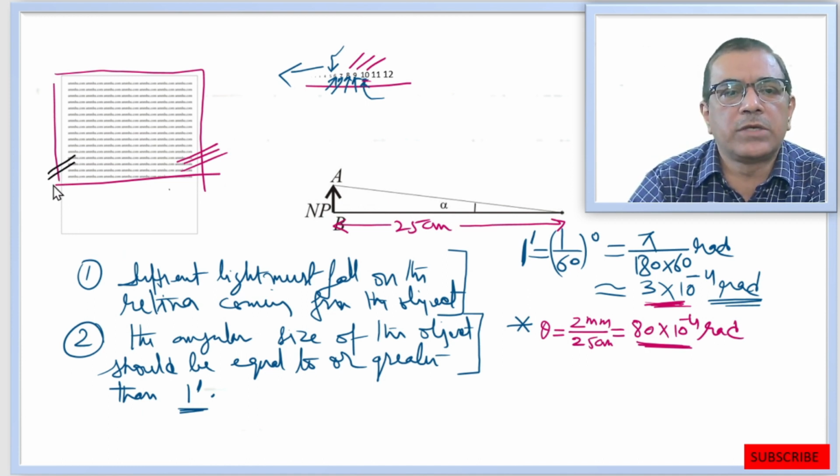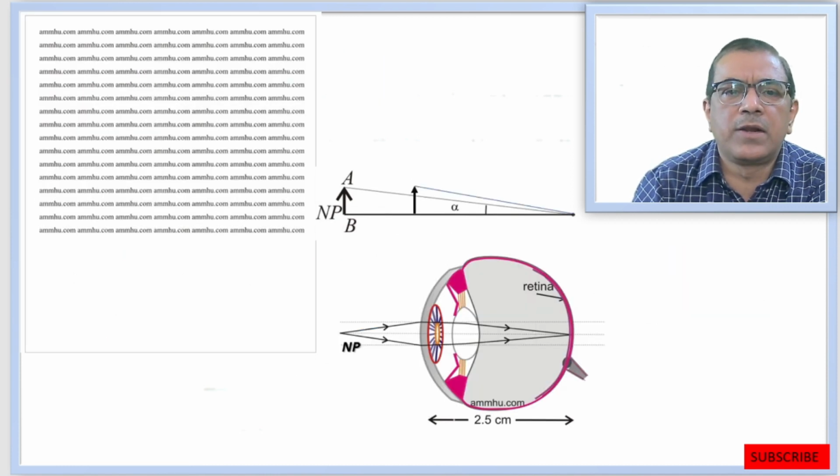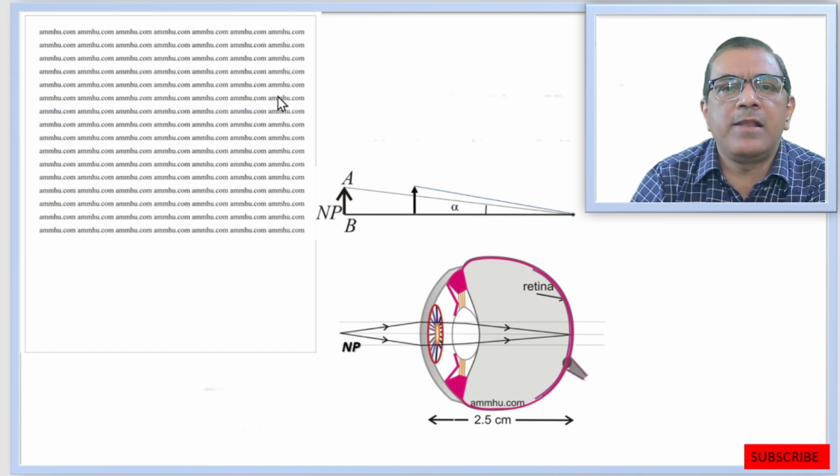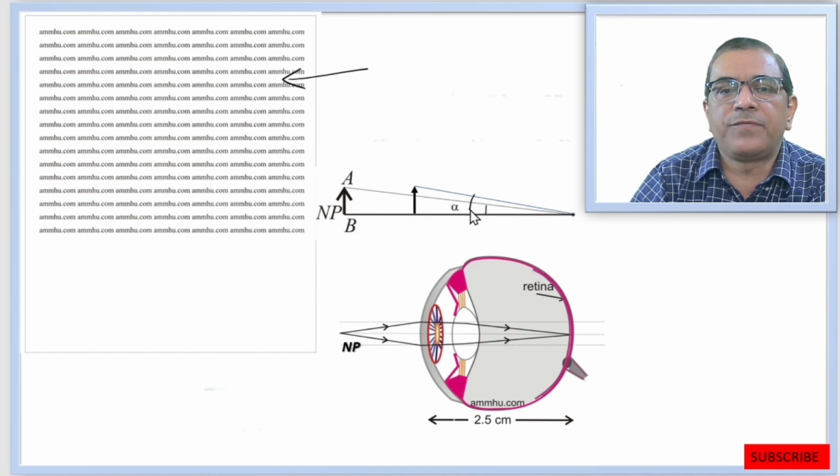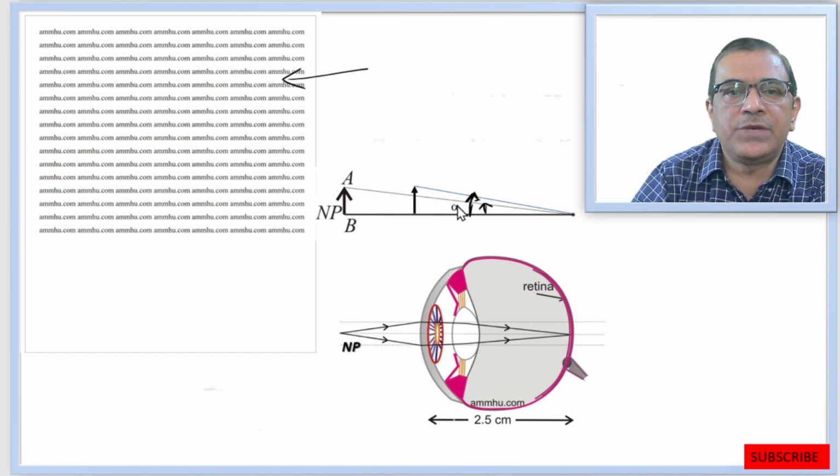You're holding this text box at 25 centimeter away from your eye and you're unable to read. Then what to do? Naturally, you bring it closer. Now, as you bring it closer, you find it a little easier to read what is written within this text box. Why does this happen? The reason is obvious. Initially, the object AB was at the near point, and when it has been brought closer, the angular size of the object has increased. Initially, the angular size of the object was this. Now it has increased. Now, as the angular size of the object has increased, we find it easier to read what is written within this text box.